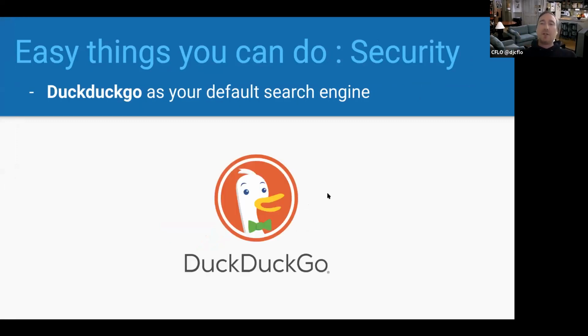Which brings me to my next point, using DuckDuckGo instead of Google for your searches. So DuckDuckGo is an alternative to Google. It's free, obviously. It's just a search engine, but it does not track you. Meaning that when you look up a washing machine, it's not going to show up on your Instagram feed. They're not tracking your search history, and they're not selling your data and all the things.